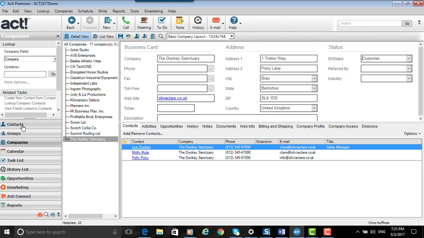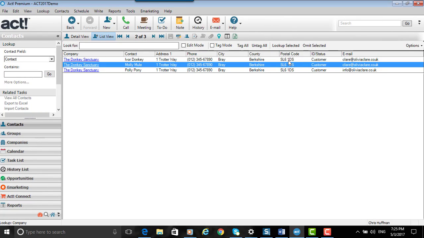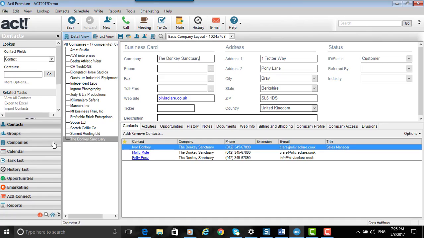I'm going to go back to contact level now, and you'll see that all three contacts have got an ID status of customer. One last thing on this, if I go back down to companies, what you must be careful of is that when you link your contacts to a company, make sure that if you're going to update in this manner, when you're updating things like the address field, it is important that they all work at the same